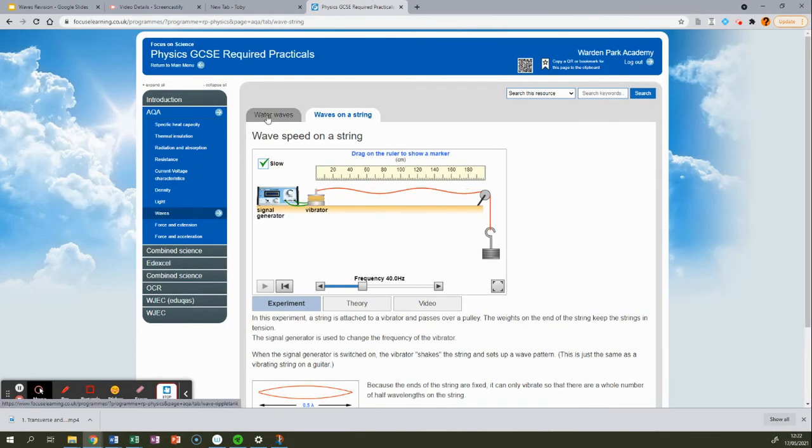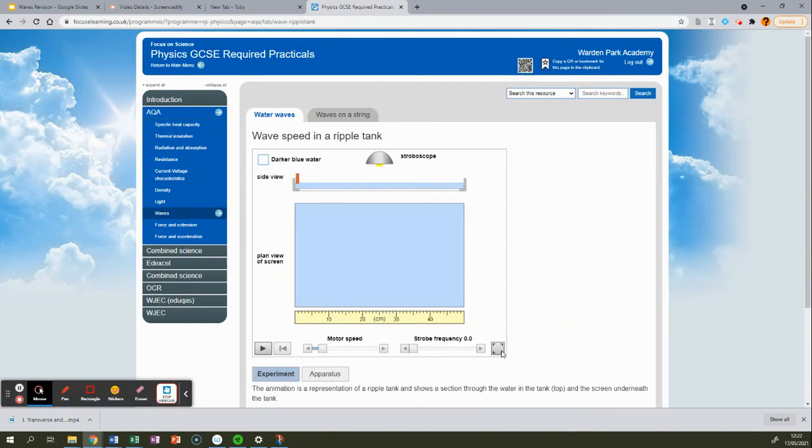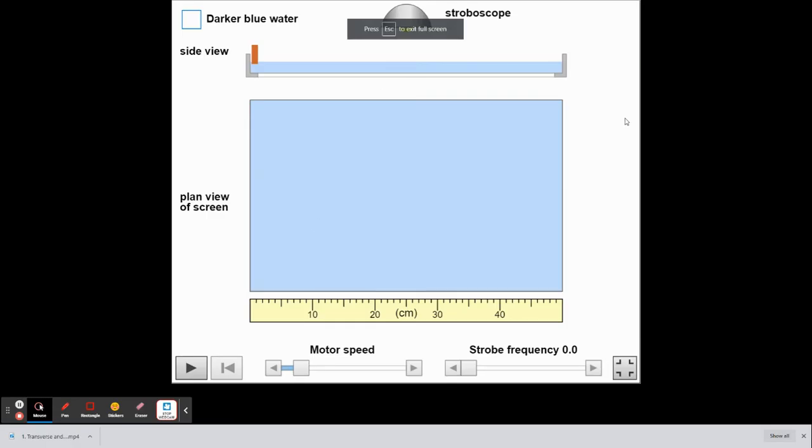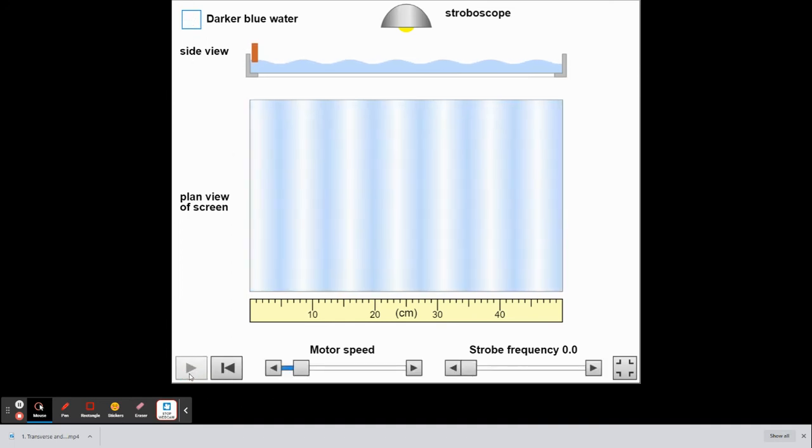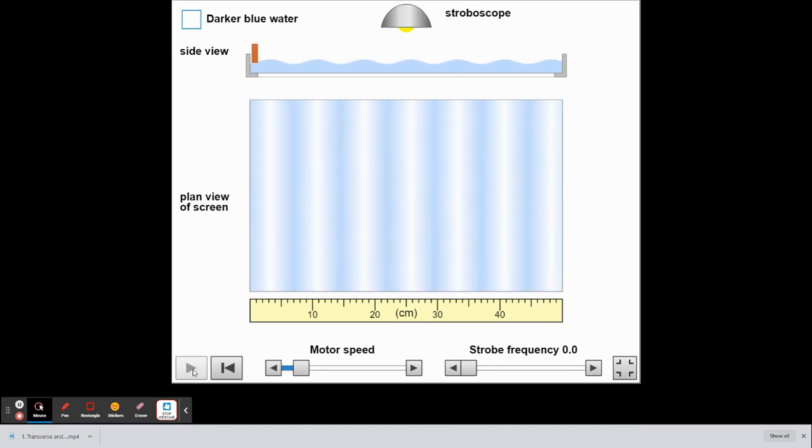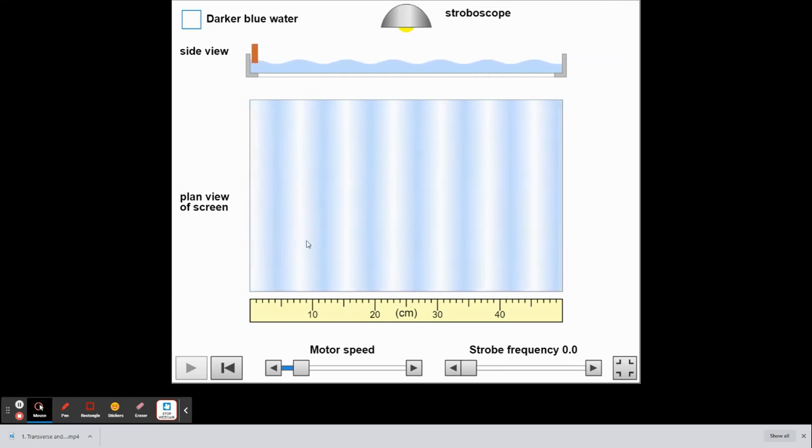The second method with water can also be used, and in this example, a stroboscope, a flashing light, is being used to measure the frequency of waves. Okay, so in this example, we shine a light through the tank of water. The motor is causing the dibber to dib up and down and produce a wave, and we could measure the